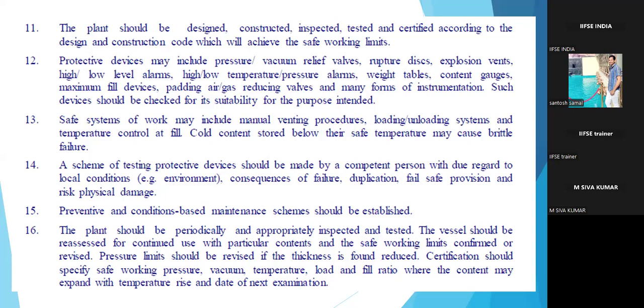And weight tables, content gauges, and maximum fill gauges, the padding air or gas reduction valves, and many forms of instrumentation. And such devices should be checked for their suitability and also the purpose which is intended. So protective devices, everything will come in. Safety relief